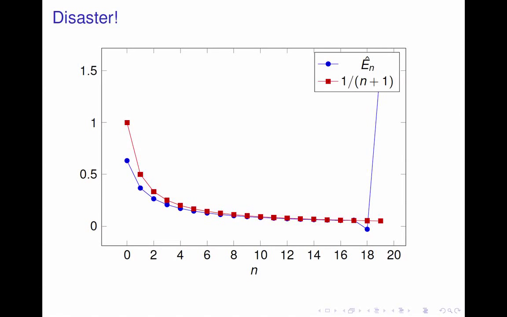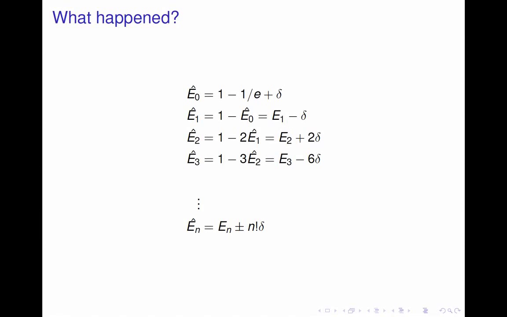So why is it not right? Well, the easiest way to think about why it's not right is to look at what happens if we start off with slightly wrong inputs and do everything else exactly. In some sense, that's the best case that we could hope for. We know 1 minus 1 over e can't be represented exactly on the computer because it's an irrational number. There's no way you're going to represent it with a finite number of digits, which is all your computer can keep around. So what goes into the computer is e naught hat, which is 1 minus 1 over e